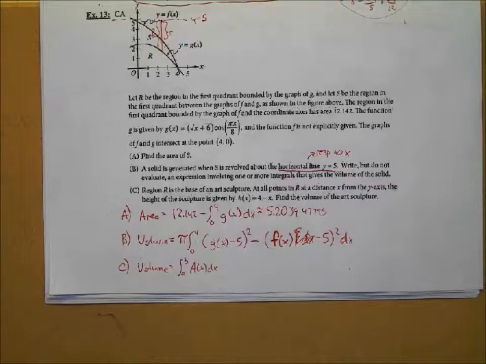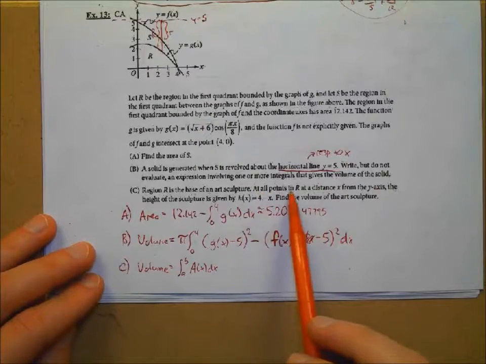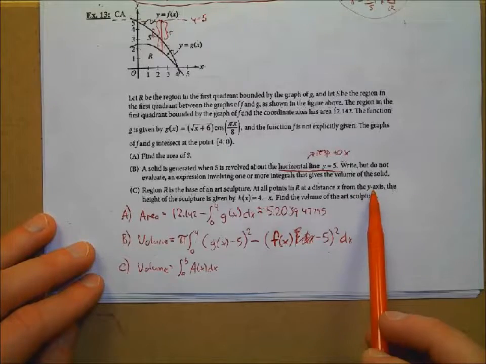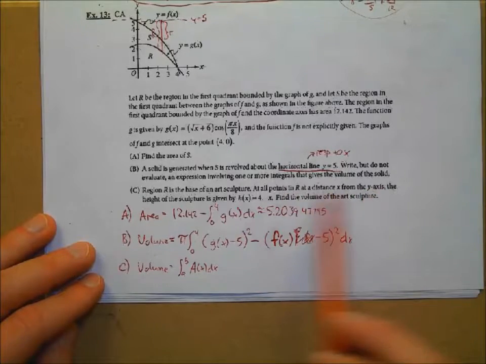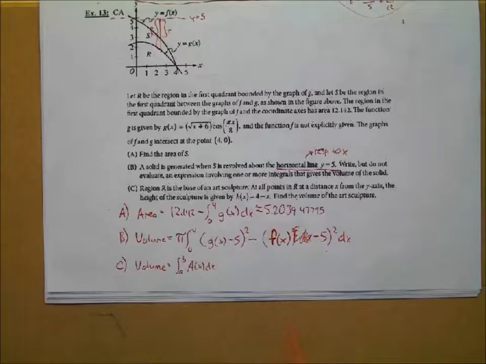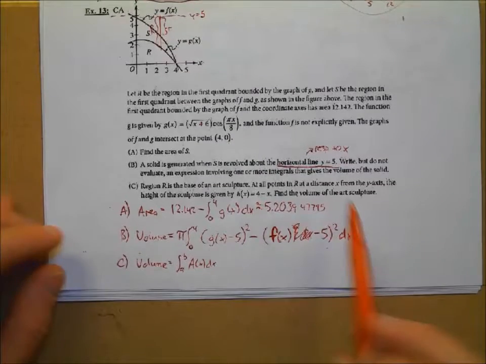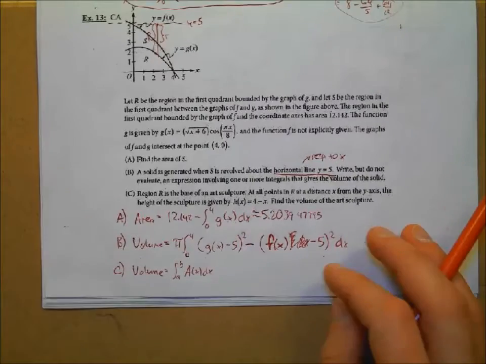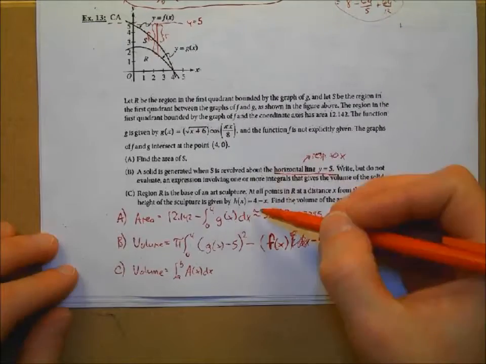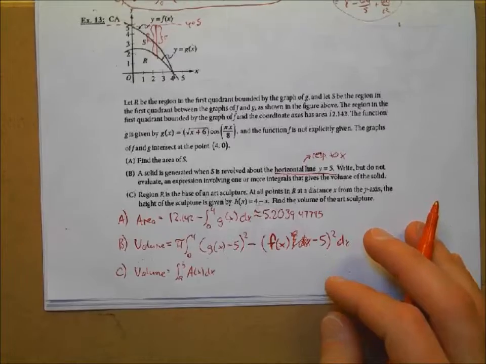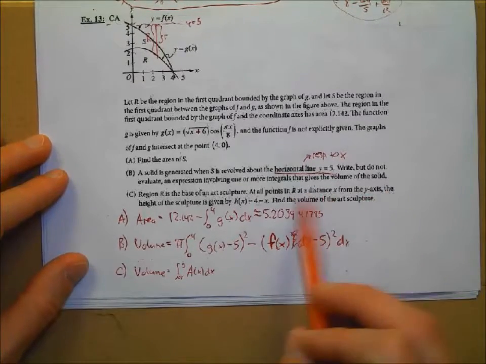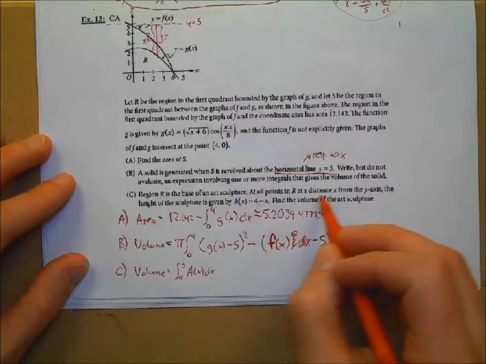And so, since we are at all points in R at a distance x from the y-axis, the height of these things is going to be 4 minus x. So the height of our cross section will be determined by 4 minus x. Then the length of it will be distance x from the y-axis there. So this leads me to believe